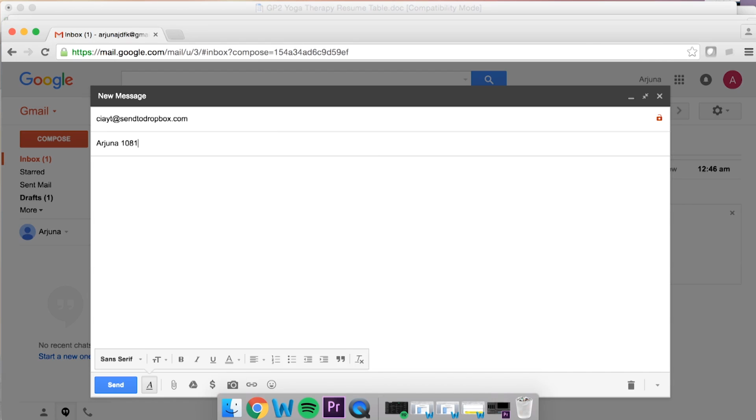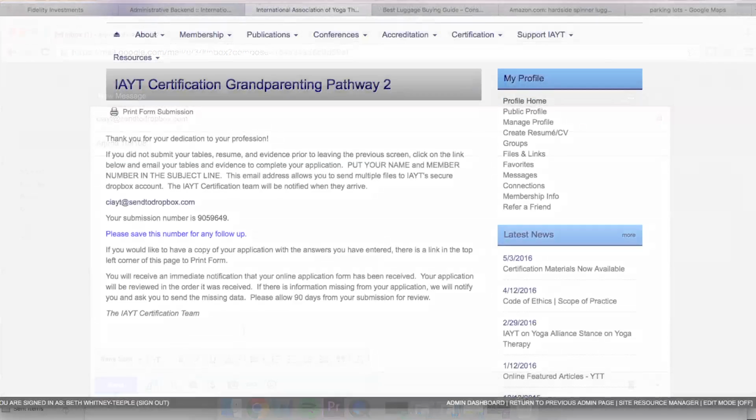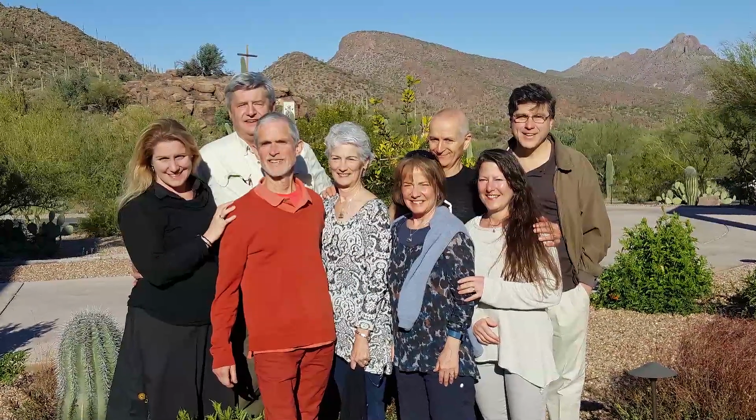Put your name and member number so that we can connect your files with your application. Attach those files and send it off to us. Click submit, and this is what you'll get. Save the submission number. If you want to print the application, this is an opportunity for you to do it, and we suggest you do that so that you have a hard copy. And we're ready to review at our end and be back in touch with you